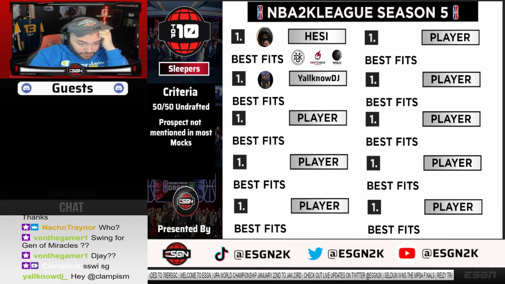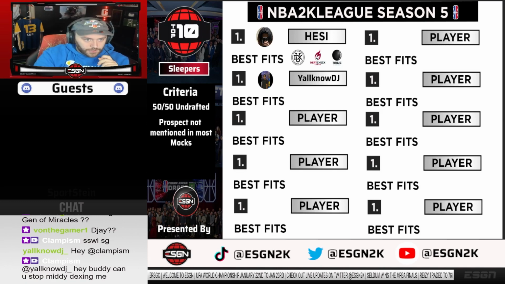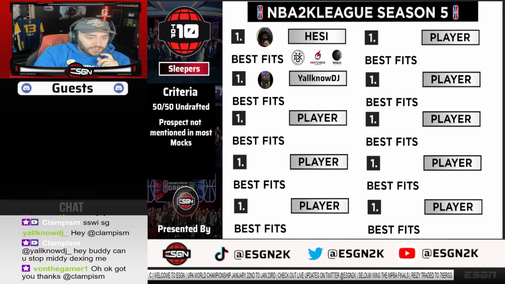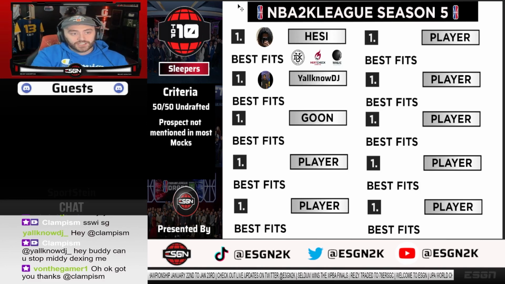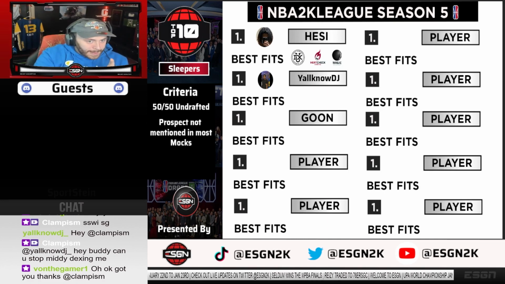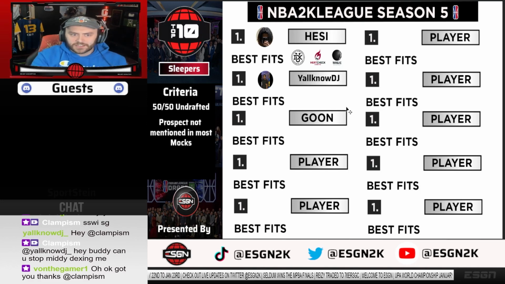Let's look at power forwards. What's this? This is my next one. So the next guy that's gonna come on my sleepers list, I'm actually between two people. You know what? Actually, I'm gonna put Goon here. So Goon is somebody who is very up and down, a lock to me. He's a really good lock, and I feel like a team is gonna take a chance on him. I feel like the Nets or Pistons are gonna take Goon.